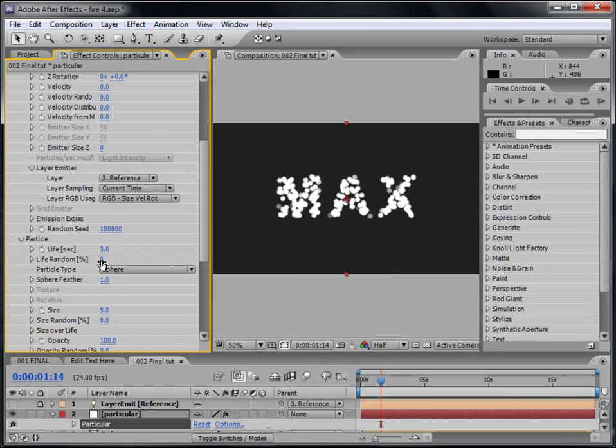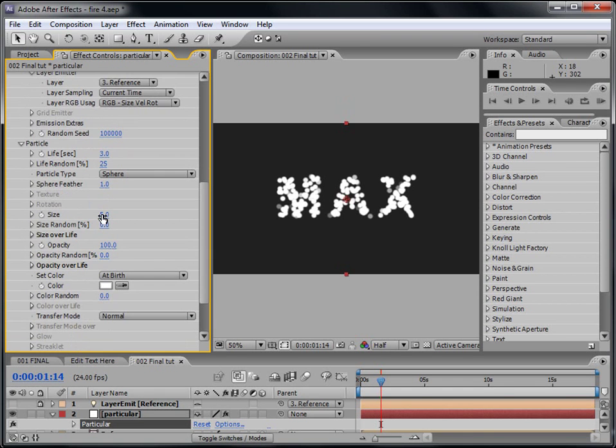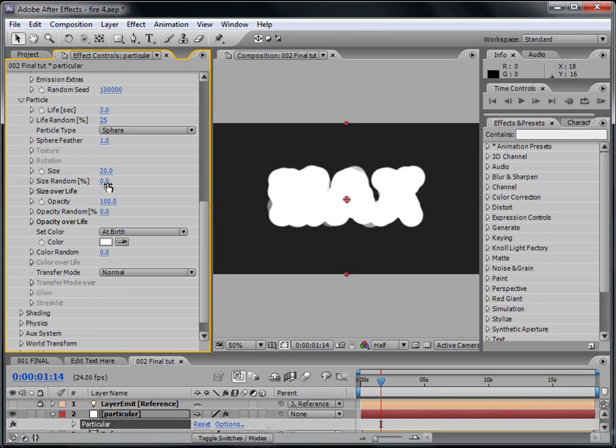And life is 3 seconds, and let's change the life randomness to 25. These are the values I got after playing around with them for quite a long time, so I know these values, and that's why I'm putting them there. And the size, let's change the size to 20 or something. Okay, let's change the randomness to 25, and size, let's change this to 12 or something, that's too